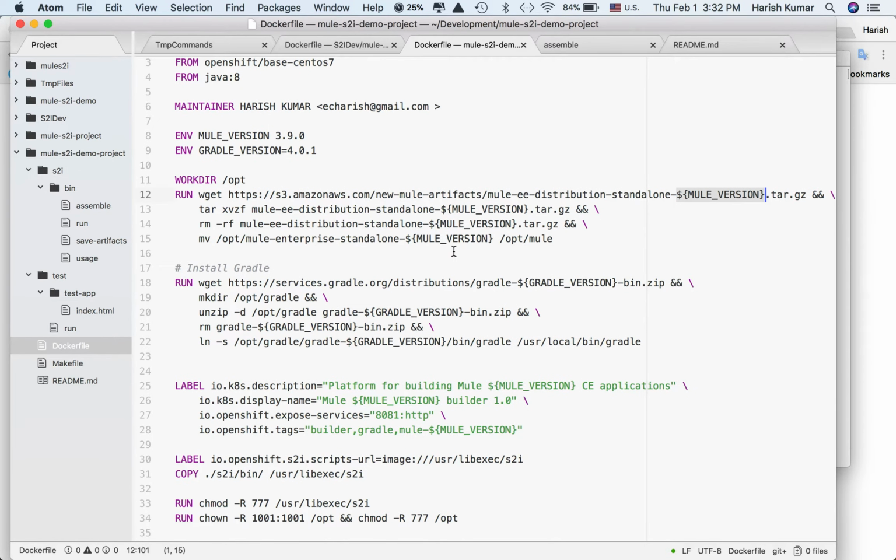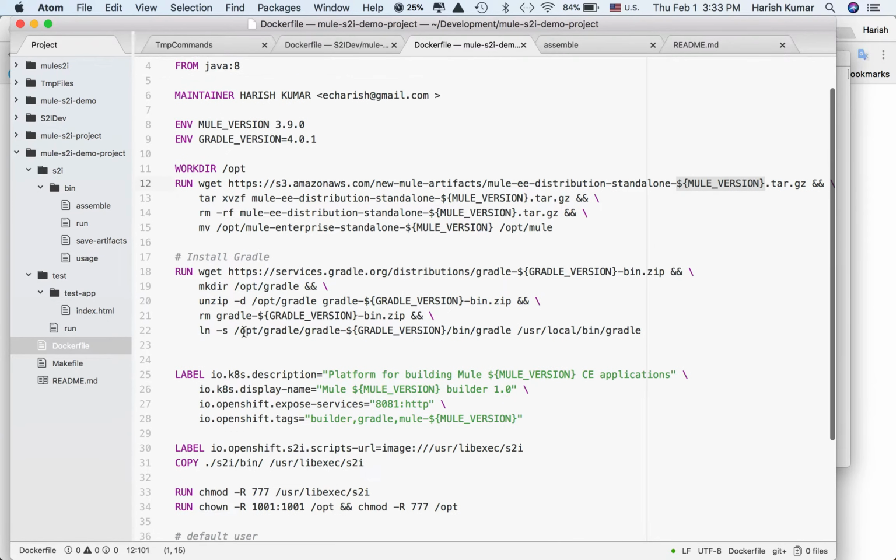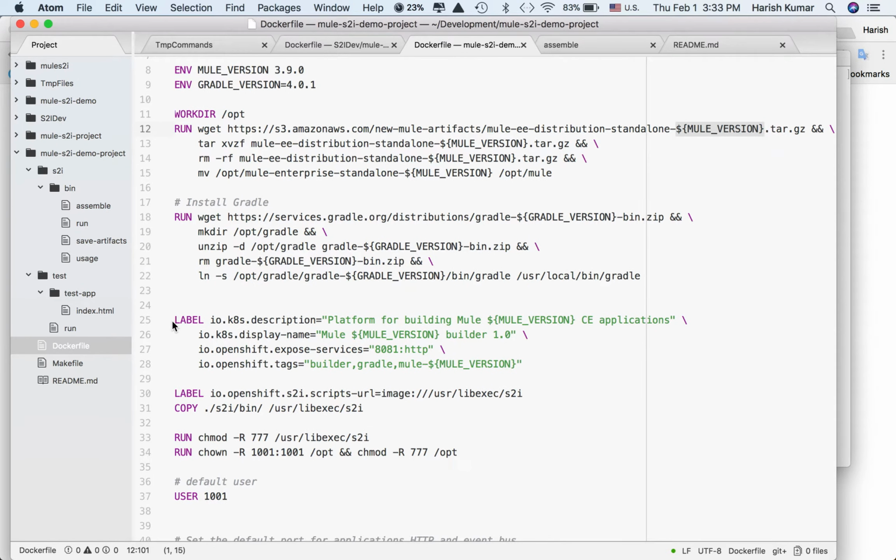Then I'm installing Gradle. Similarly, Gradle also has a distribution site. From there I'm downloading that Gradle, and then these labels I'm using will be used by OpenShift to display more